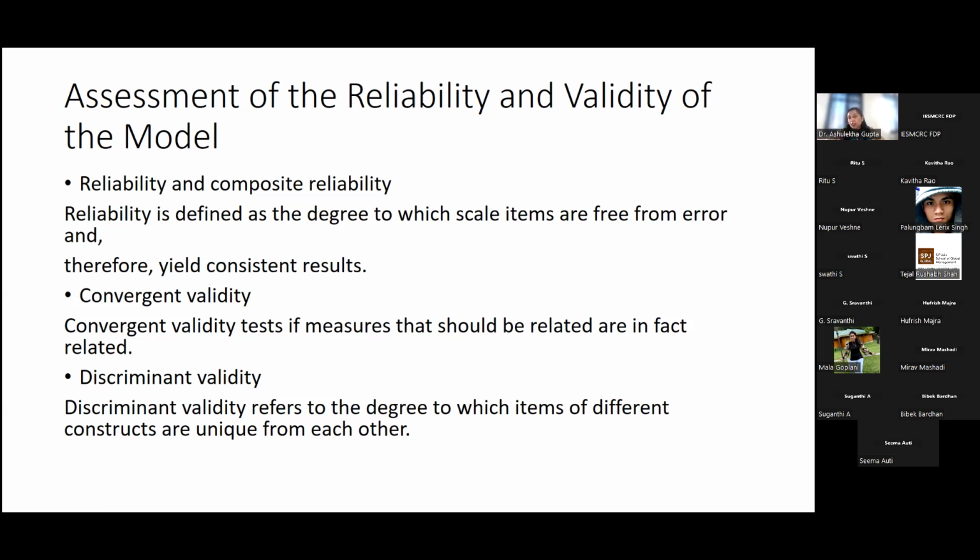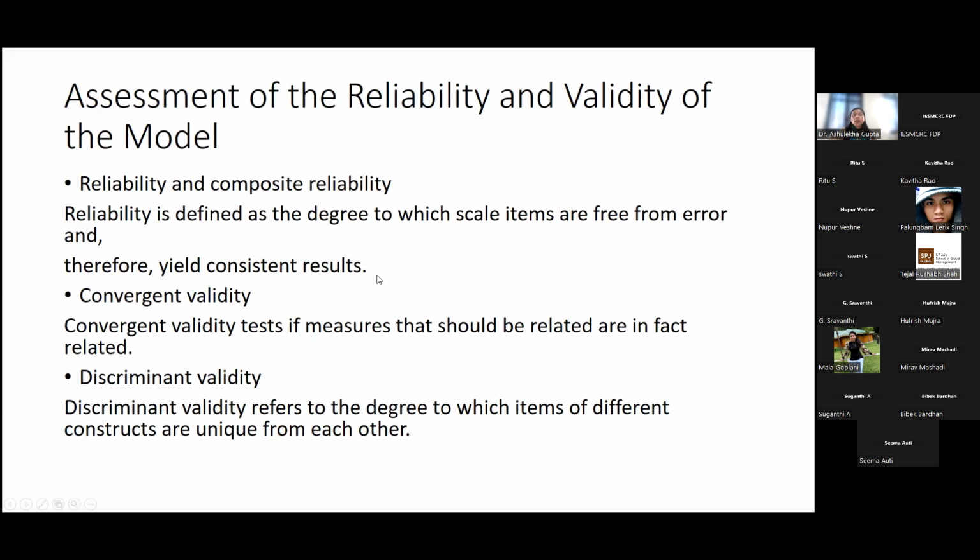That is discrimination between your questions. Otherwise, we can have one simple construct. But convergent validity is whether whatever questions you are asking, you are measuring that correctly. Irrespective of your Cronbach alpha, whatever your Cronbach alpha is, this is because your results would be consistent